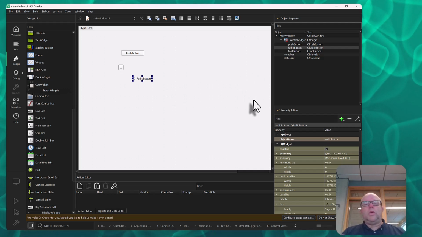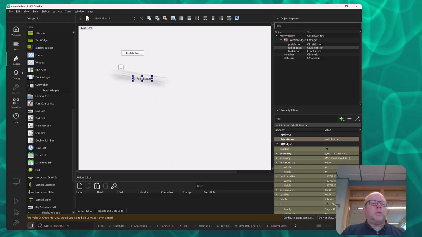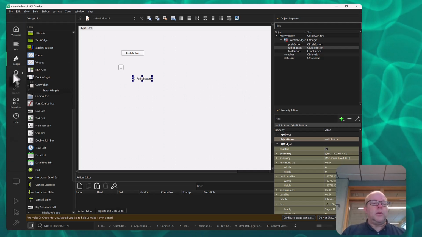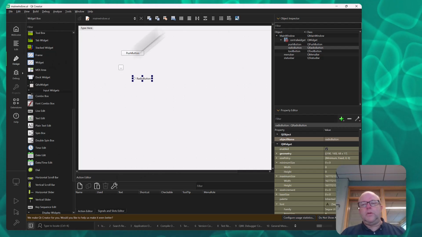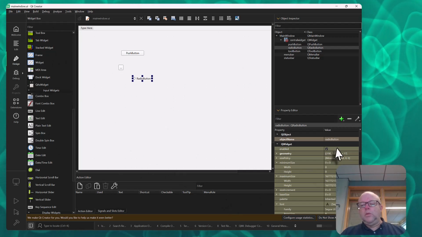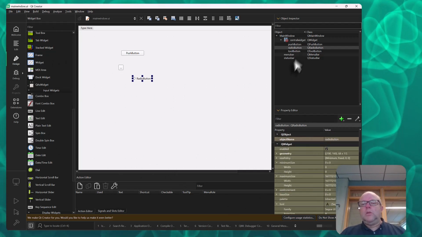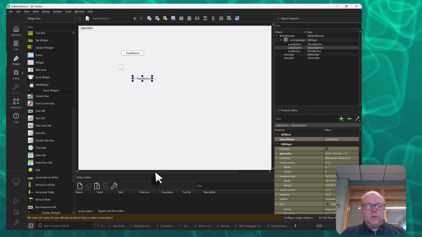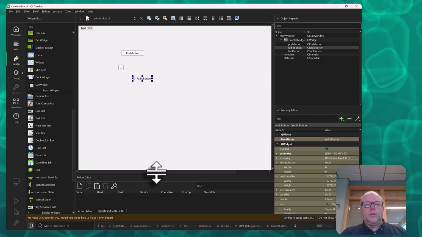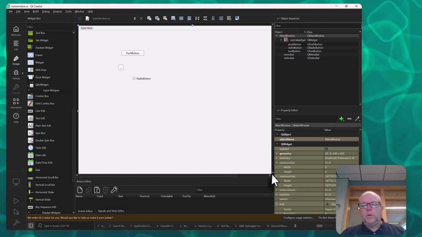So it works just like the Qt Designer, except that you have some additional things here on the left, but you can ignore them. It's these things that are important here. You have the property inspector here, you have the object window here, you have the action editor below here. So all the things that you should have should work